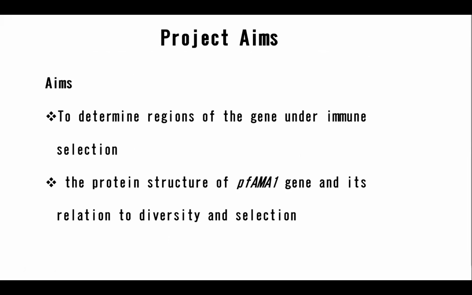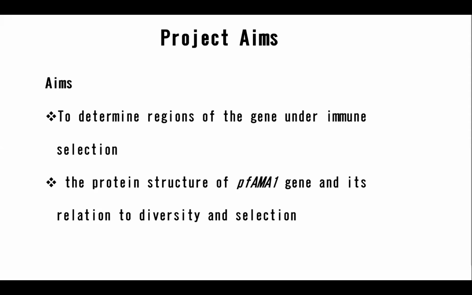And some studies have shown it's been under selection by the immune system, and is one of the primary targets for malaria vaccine development. And to effectively prevent malaria and subsequently eradicate it, there's a need for us to develop an